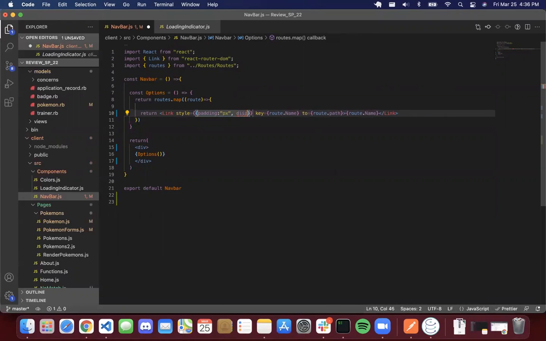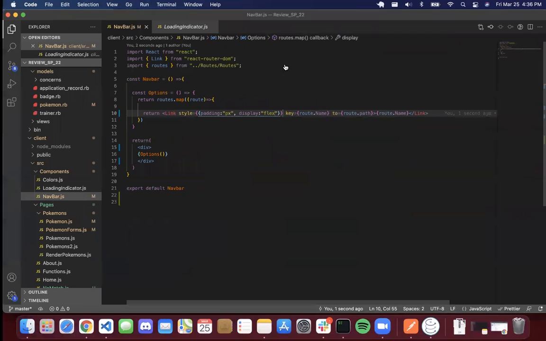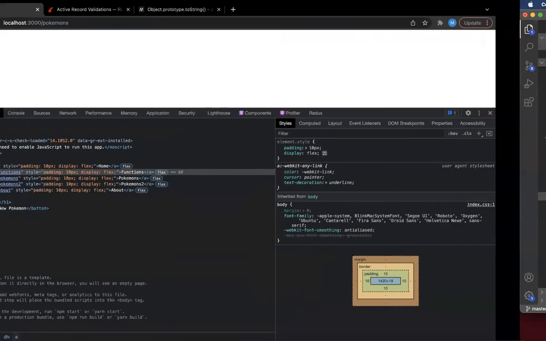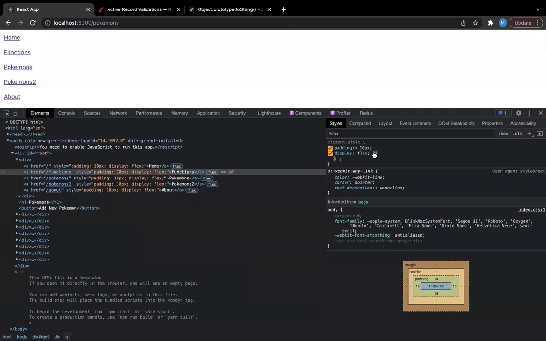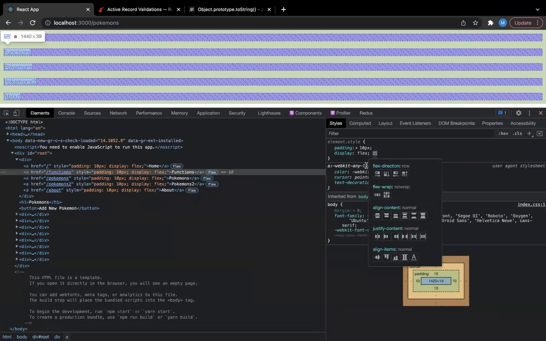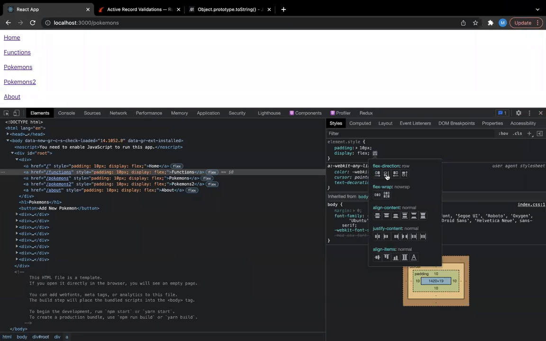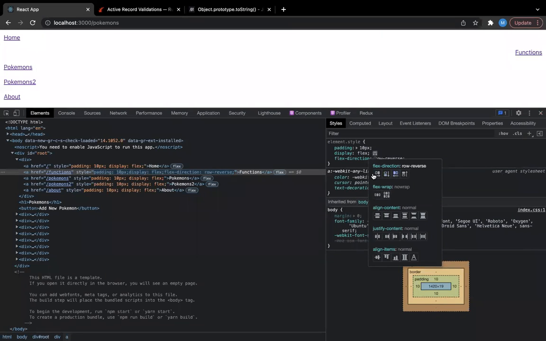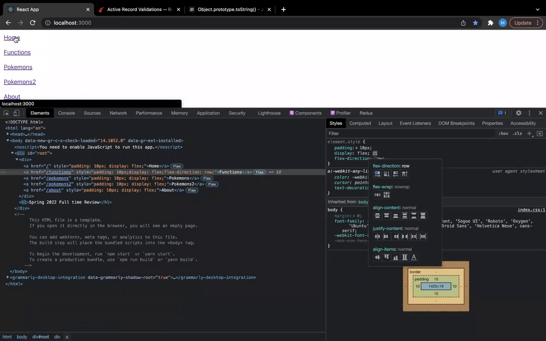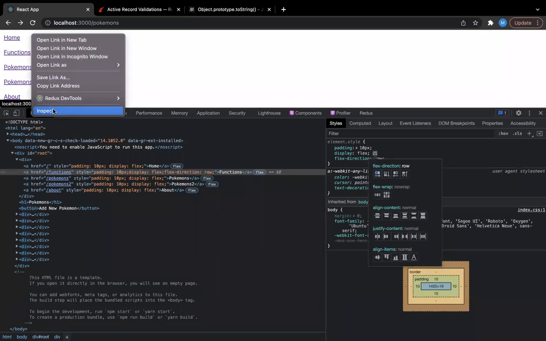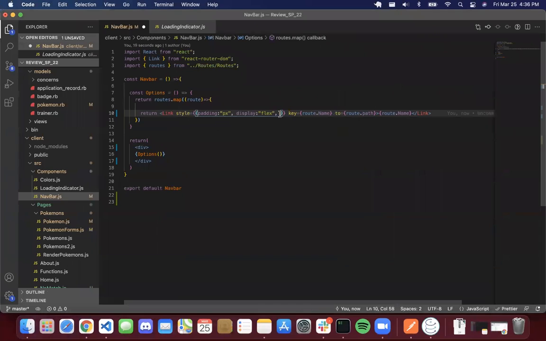Okay. Display. This is how we're gonna make it into a flex. And then it goes that. So with flex, if you're doing it with flex, you can go into here and look at how it is. So if you want to flex wrap, let's see. Yeah, you can click on these and it will affect it. I probably don't want the flex in here. I want the flex in this div